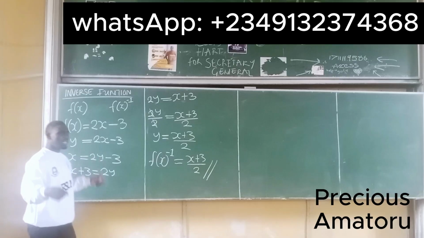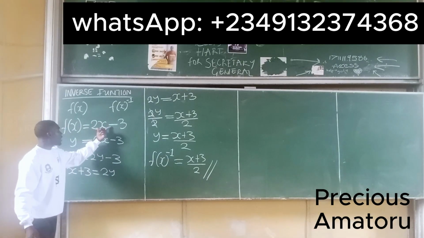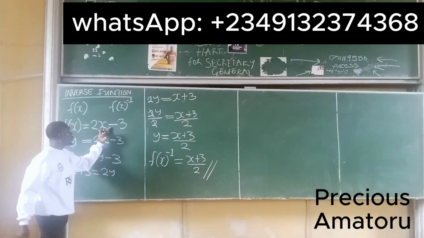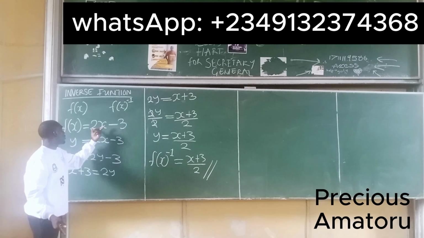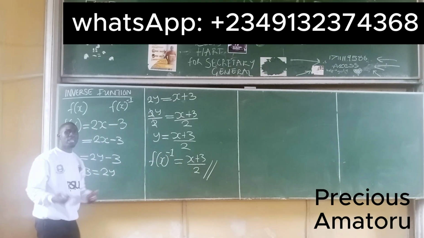Now remember my explanation from the beginning. Looking at this, we are multiplying by 2. The inverse of it is that we are dividing by 2. Looking at this, we are subtracting 3 from the expression. So this we are adding 3. So mathematically, this